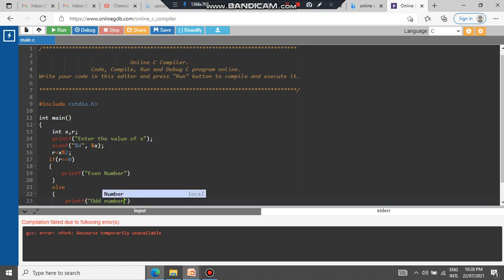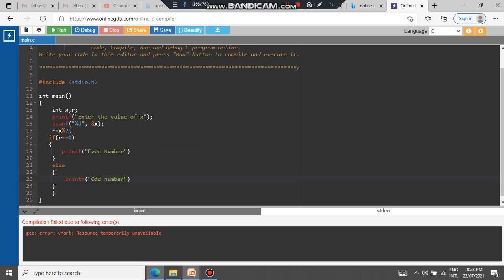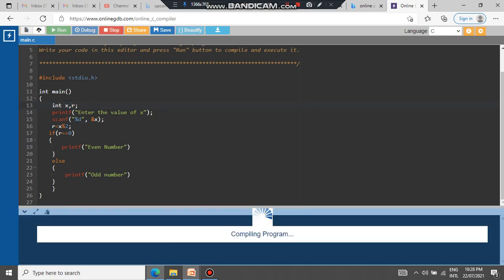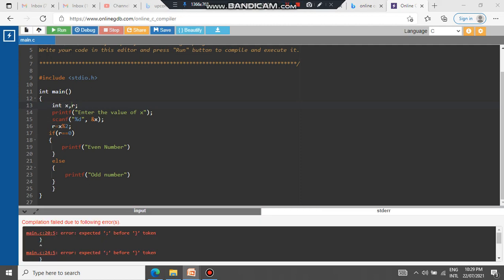Okay, now after doing this we have to check whether we have declared all the variables. So r we have taken here, r we have declared here, and then if r is equal to 0, that is the remainder is equal to 0, this is going to be an even number, and otherwise it is going to be an odd number. Now try to execute this particular program. So when I run it, what I find is there could be some errors. Intentionally I have left some errors in this particular program. So you can see these errors.